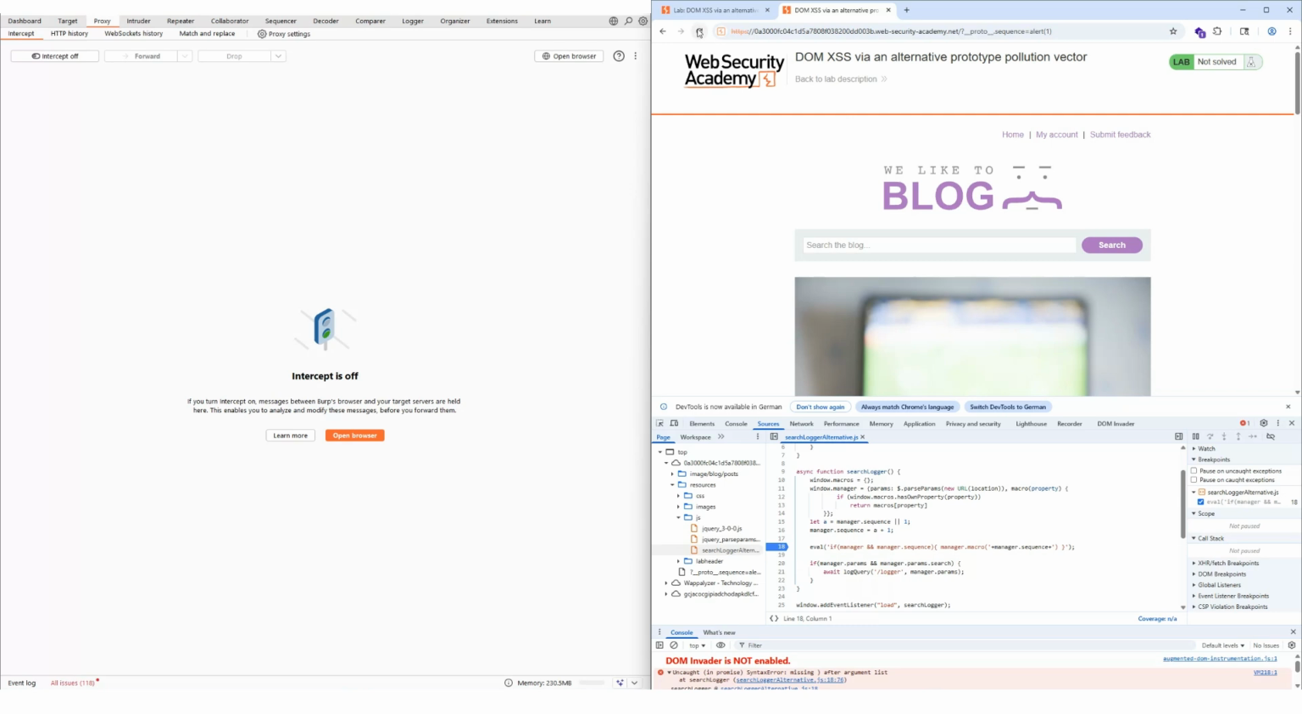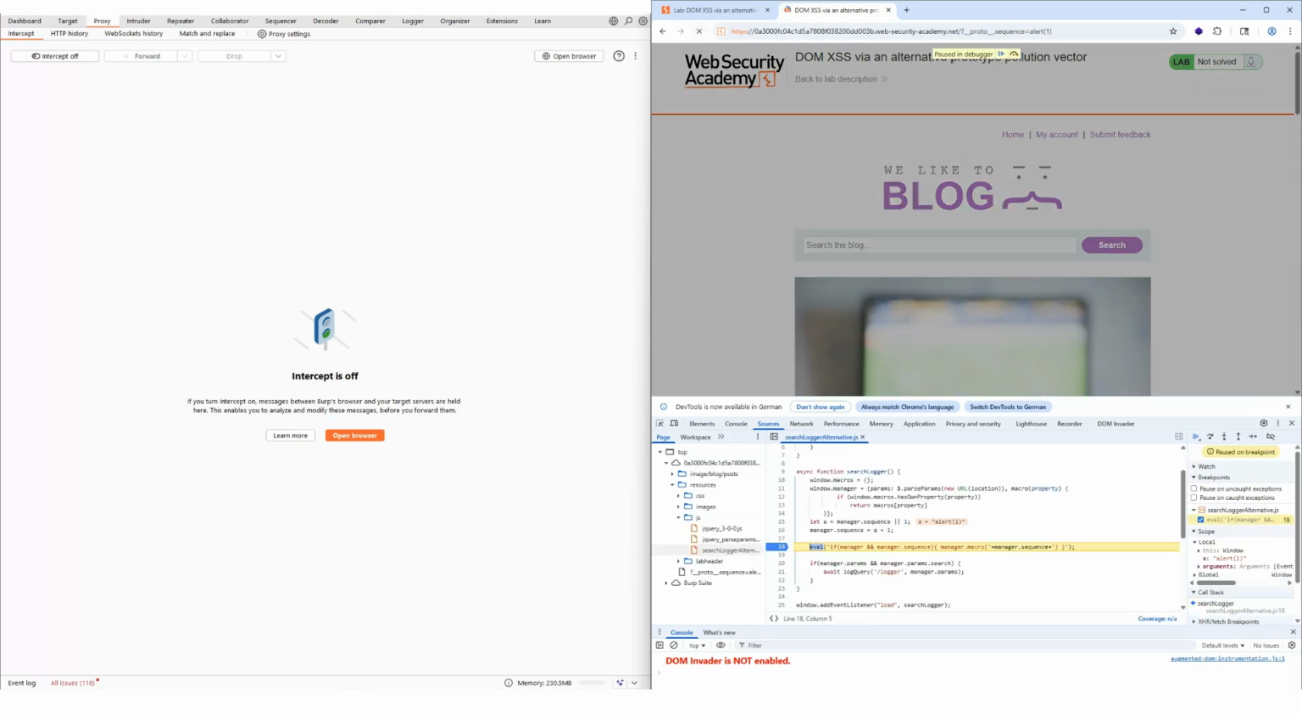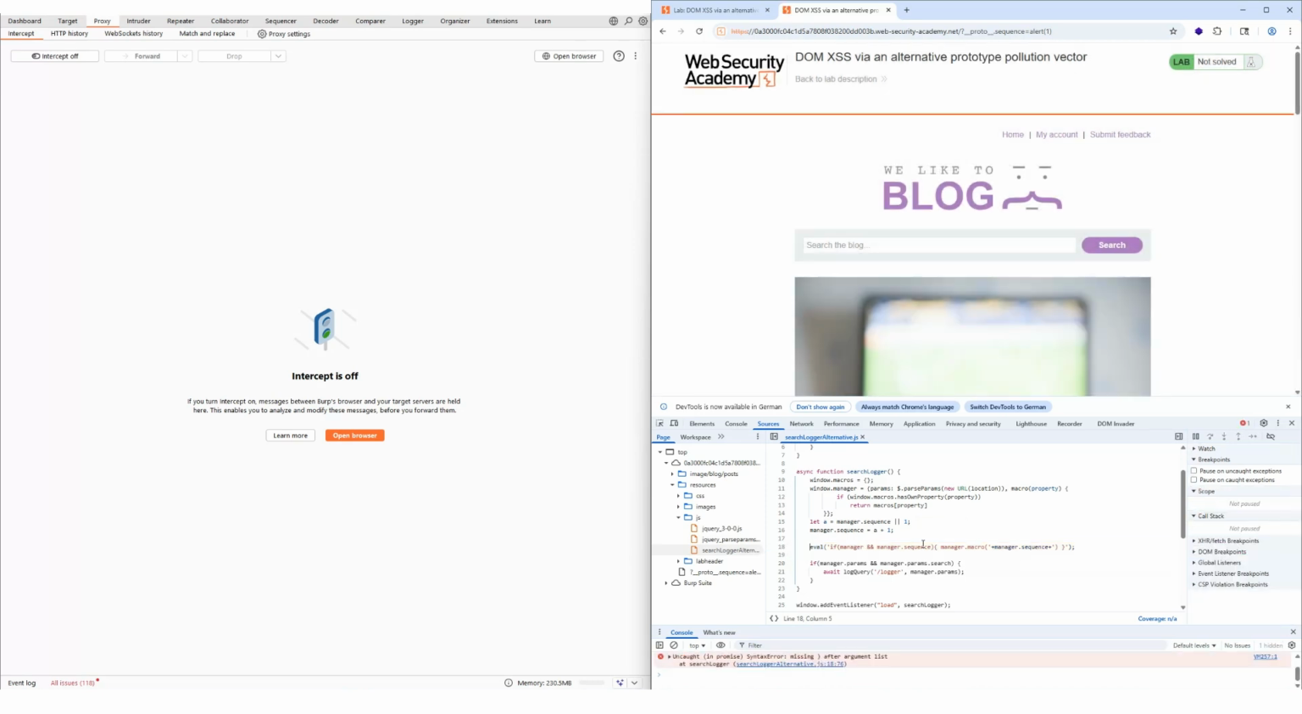Now we refresh the web page and see that the execution stops at our breakpoint. We now hover over manager.sequence and see that the value is alert(1)1. This indicates that we have successfully passed our payload to the sink, but a numeric character 1 is appended, resulting in invalid JavaScript syntax. We now remove our breakpoint by clicking on the line number and then press F8 to